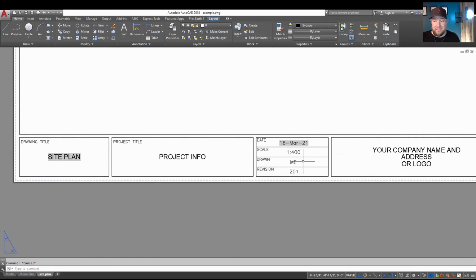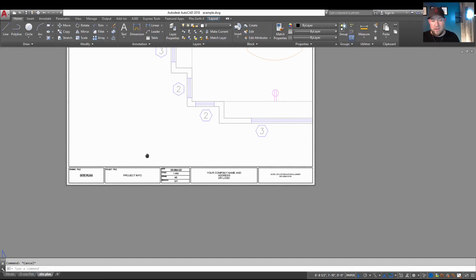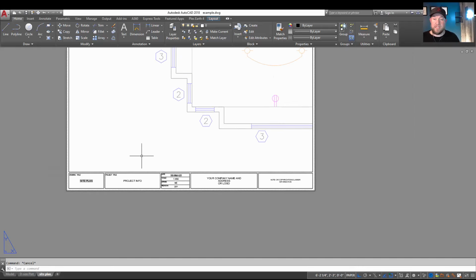If you start automating things like your initials, the date, the drawing title, drawing numbers, all of a sudden it becomes a 30-second task to set up an entire drawing sheet instead of 5 minutes or 10 minutes of clicking around and adding text. And then when you're finished automating all of these by adding fields, simply saving out your title blocks or layouts into a DWT that you can replicate and reuse for every drawing is going to save you a ton of